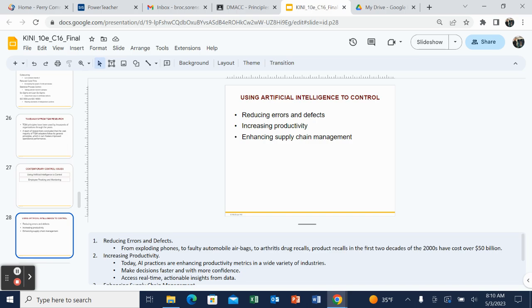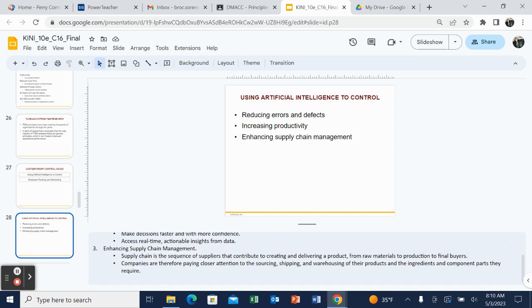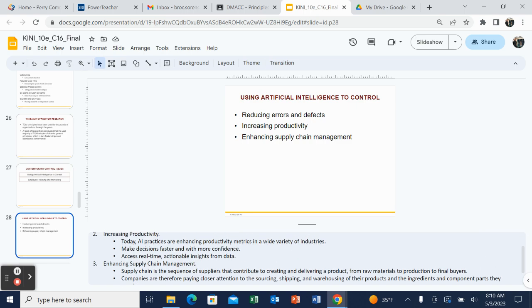Increasing productivity. So today, AI practices are enhancing productivity metrics within a wide variety of industries, making decisions faster and with more confidence, and accessing real-time actionable insights from the data. And you guys are seeing this at warp speed right now. So even when this book was printed, it's not even at the level of what it's at today, where some of these AI bots can do the jobs of people, right? This book hasn't even begun to scratch the surface of what AI's capabilities might be